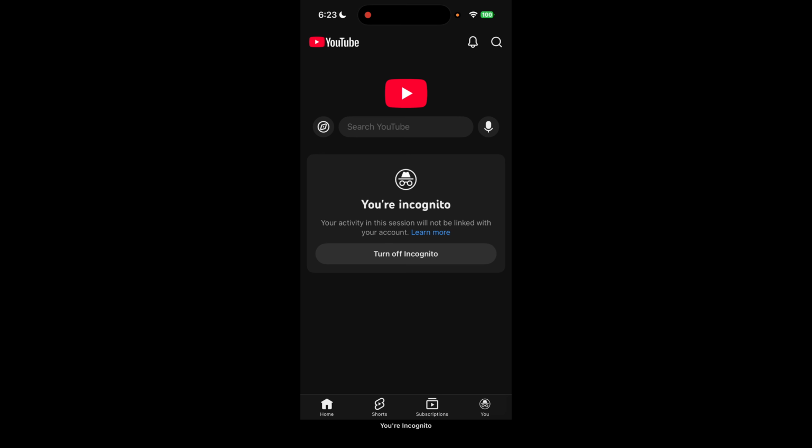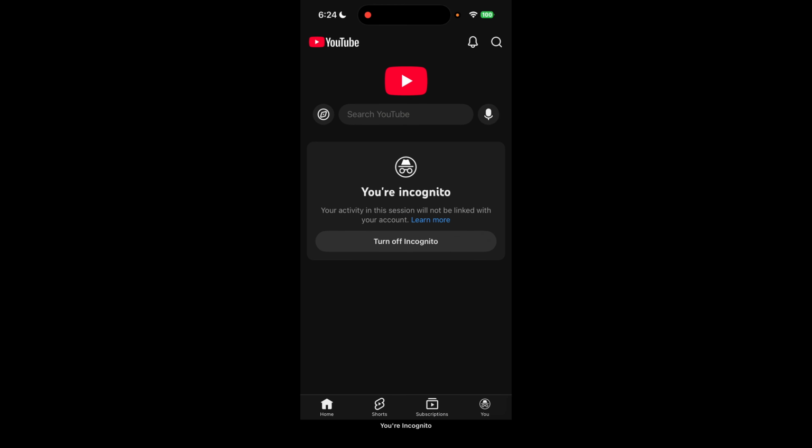So now what you want to do to go ahead and fix this, the first thing you could go ahead and try is by deleting the YouTube app and re-downloading it. So literally just delete YouTube and re-download it. That's one way to try to fix it. Second way, you could go on the internet version of YouTube. That's another workaround. The third way you could go ahead and fix it is by clearing your cache and settings